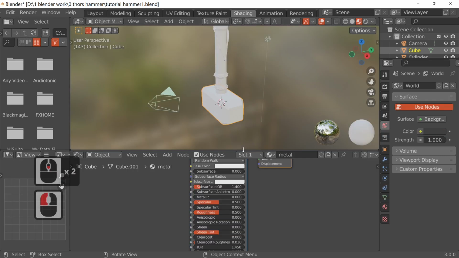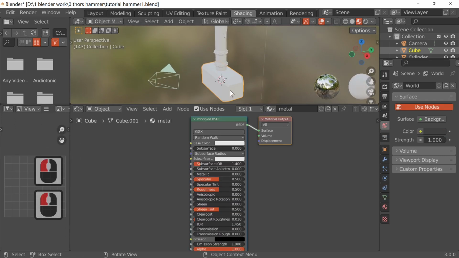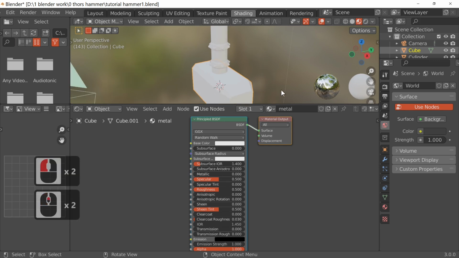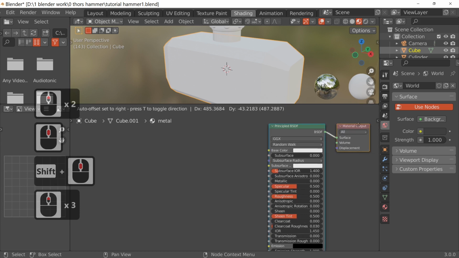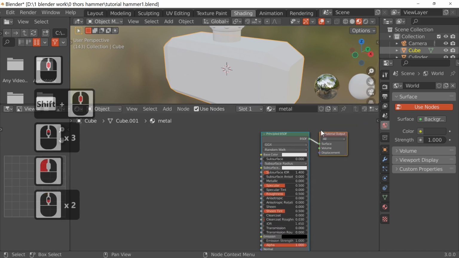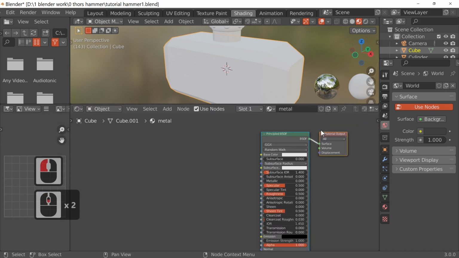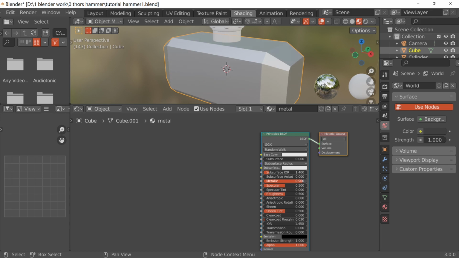So we're going to simply make this metal texture, and we're going to make this in our shading tab. So I'm just going to shrink this down just to give us a bit more room, and I'm just going to move that over there. Right, to start our texture, we're going to need it to be metallic, so we'll increase our metallic just to make it nice and shiny.